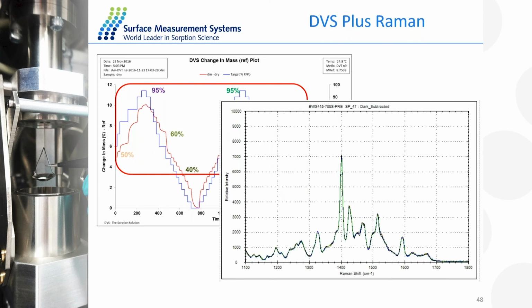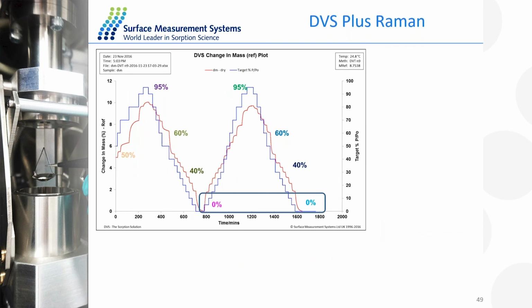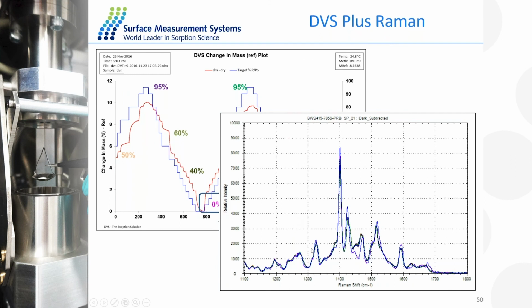As you can see from the Raman data, there is a perfect overlap of all the Raman spectra whenever there is any residue of water in the sample, which is quite interesting. So it means the material is very stable whenever there is water present. If we look at the data at the end of the drying stage, however, we actually notice that there are specific shifts in the Raman spectra